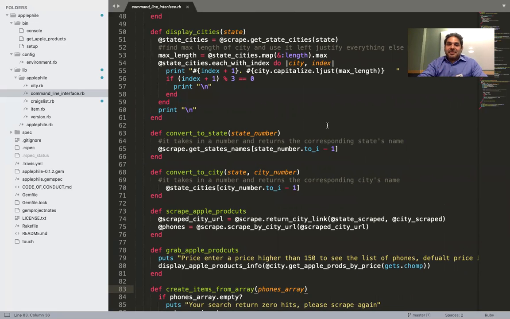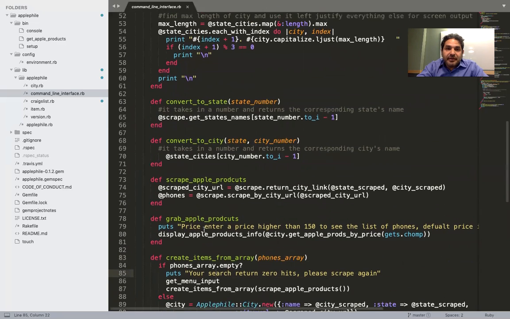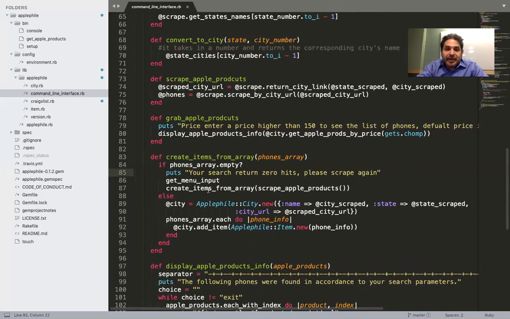I guess my time is up, so I'm gonna try to be faster. So, basically the create items, what it does, it has the phone arrays, and the phone array is empty. If it's empty, it says, you couldn't find anything, and then call the get menu again. And then this is a recursive call to the same function, and it basically just brings you back in again right here. So if it's empty, then just call yourself and then come back here,